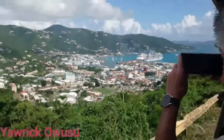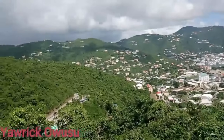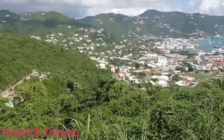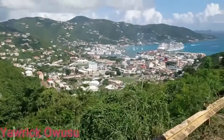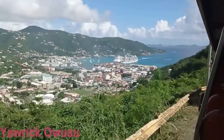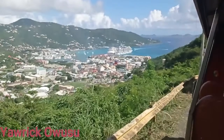Ladies and gentlemen, another beautiful view of the capital city from here on Joes Road, descending back down into the capital. So when we get into town, we're going to either spend 30 minutes at the craft walk, or you can have 30 minutes at Bruce's Landing. So we decided when we arrive in Road Town, it's just about